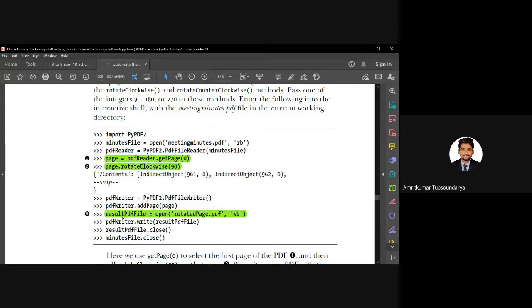The result file will be stored, let's say a result PDF file, open rotated page.pdf, which will create a new PDF and will store the rotated page. Your original file will, of course, still be there, but this new PDF will have the rotated page. Hence we are giving the permission wb, which is nothing but write binary file. And of course, as usual, we are going to close all the PDFs that we have used.